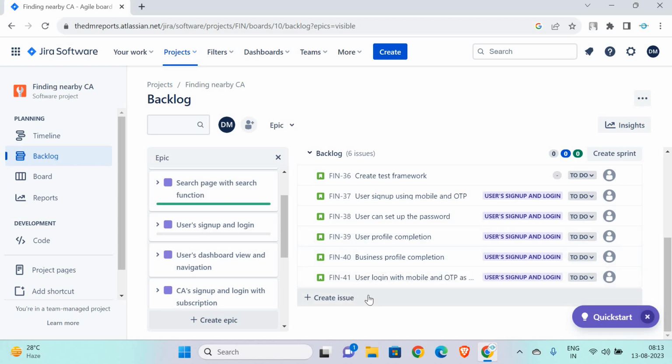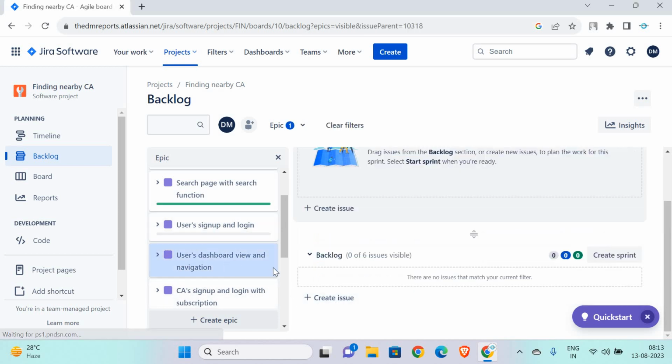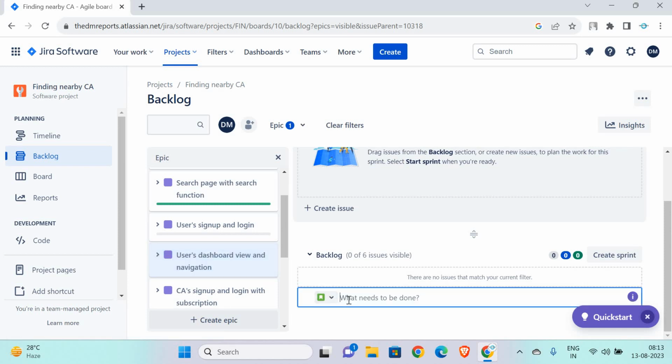I hope now you understood that for each and every story, each and every sprint, we have to write the test case scenarios also, and then execute or automate those test case scenarios for that page or screen. So similarly, we will write here and assign it to the testing team member. Okay, I'm going to the next one, which is the user dashboard view and navigation,